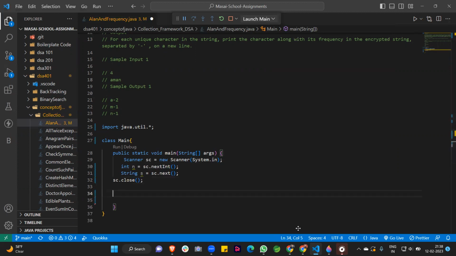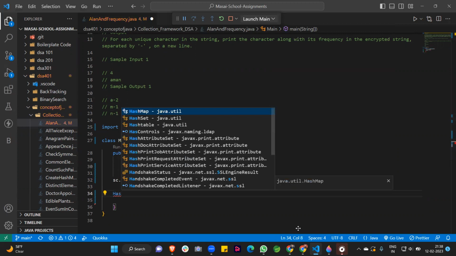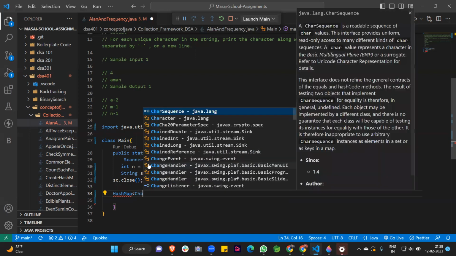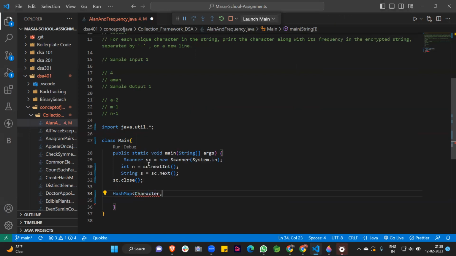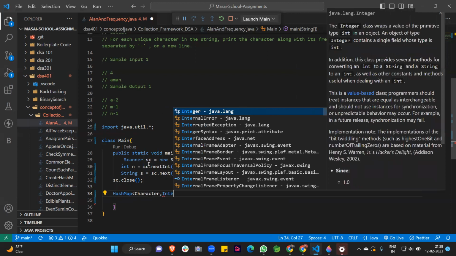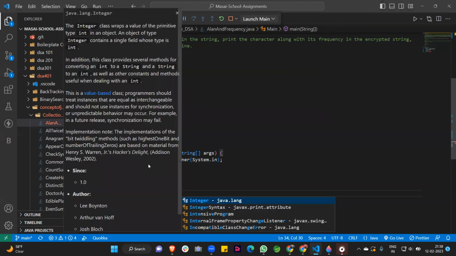After that, we create a HashMap. What is the type of the HashMap here? You can see here there is a combination of character and integer. So I write here Character, where the character is the key, and after that Integer.